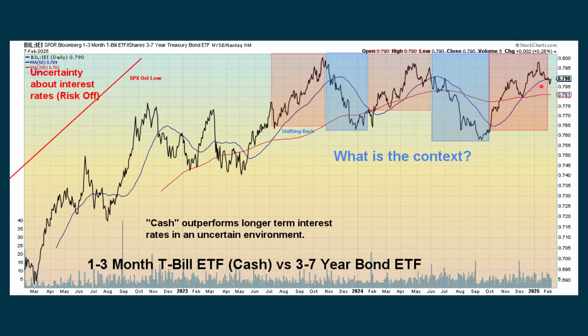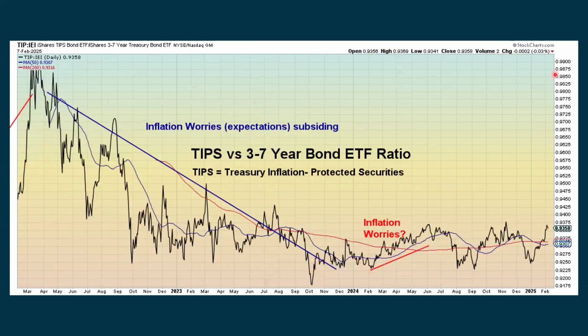And we're still coming down a little bit here as interest rates are coming back down. But if this turns and goes back up, that would probably be more negative. We look at TIPS, which are Treasury inflation protected securities, and compare them with more conservative fixed yield 3 to 7 year bonds. And when this is going up, that means the market's getting a little bit more concerned about inflation and interest rates. Well, we have been going back up lately, even though we're in a downtrend with this